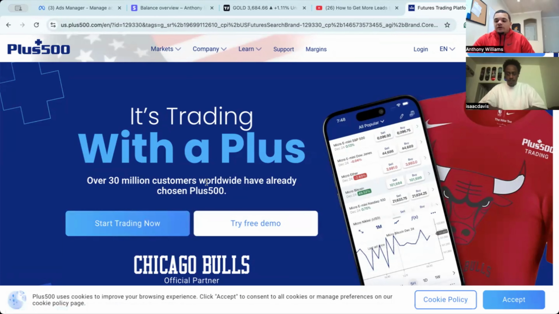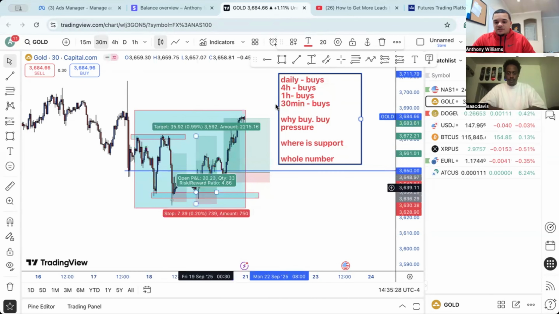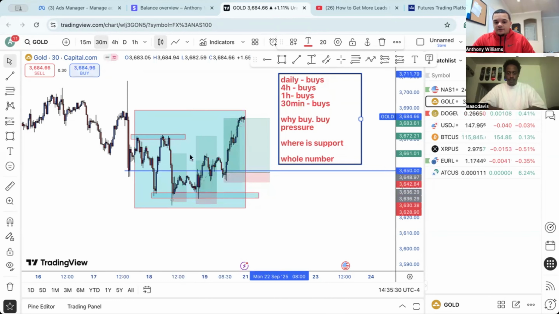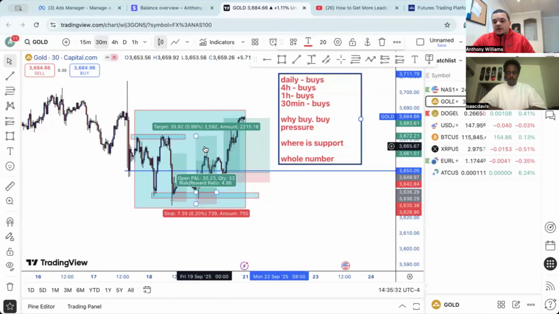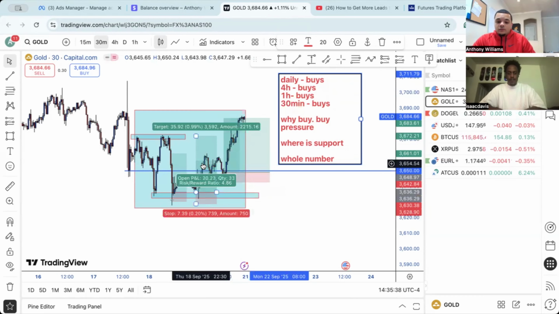You really wouldn't even need MT4, because it has its own feature where you could press buy and sell. And TradingView is, like I said, where I don't press buy or sell. This is just so I can break down the chart. It's just my canvas, and I ask, okay, where am I at in the chart?